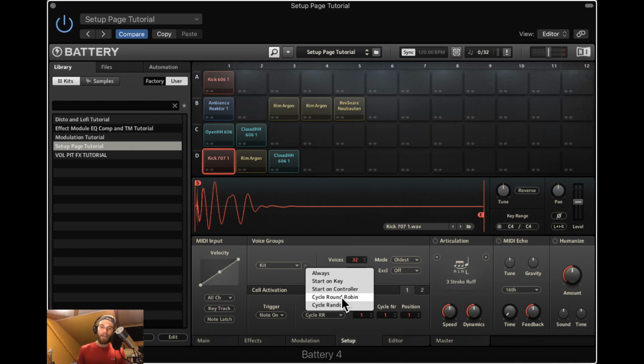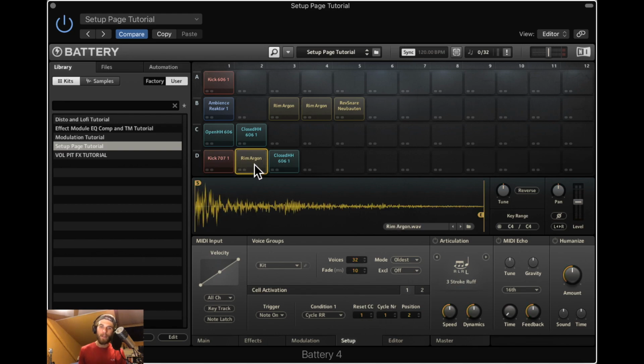I got Cycle Round Robin pulled up here. And what this does is it activates cells in a consecutive order that you decide. So I have the kick here in position 1. This is the reset cycle here, the cycle number. And position 1, which is where this kick is, the snare is in position 2, this hi-hat is in position 3. Now these are all going to be, over here if you see on the key range, on the same